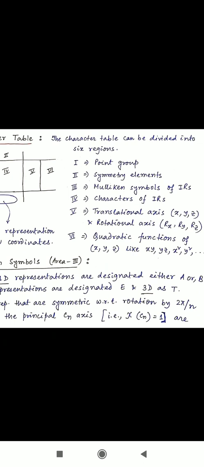Okay, so 1D के लिए A और B, 2D के लिए E, and 3D के लिए T. That actually comes from E. E मainly कहाँ से आया? E आया है from N, En. इसका मतलब है 2, और 3D जो आ रहा है, जो हम लोग T लिख रहे हैं, that actually comes from the tri means 3, इसलिए capital T.